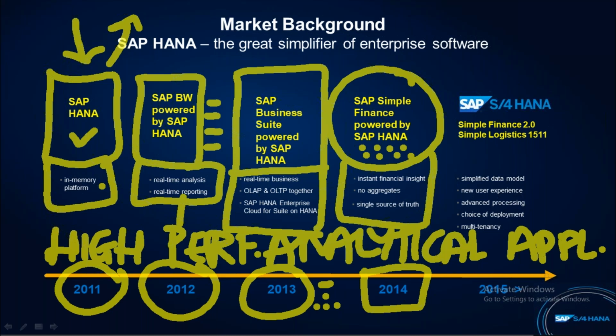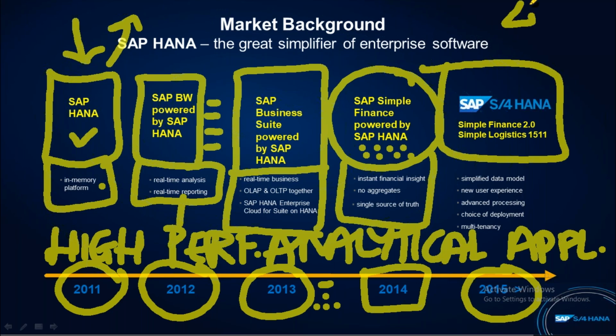No more aggregates required, because the aggregates are basically tables. The aggregates are basically the redundant tables, which were created by SAP, and are now deleted because they are redundant, and because HANA offers real time, these aggregate redundant tables are also dropped, and the finance becomes more simplified. So the single source of truth is also offered by one unified table that we will understand once we are in the further sessions. Now, from here, the following year, 2015, is when the S4 was launched officially with the fourth